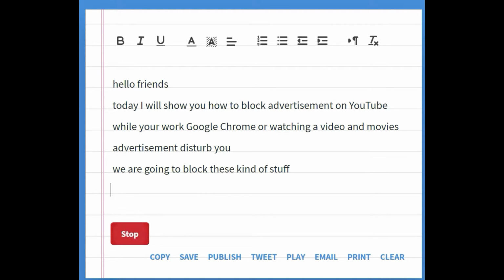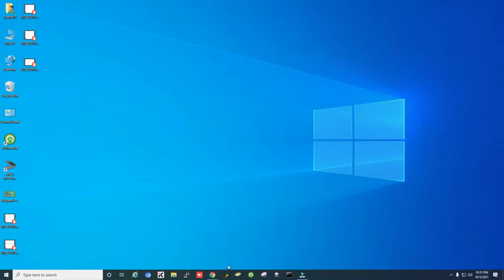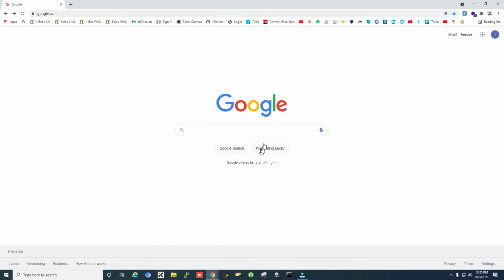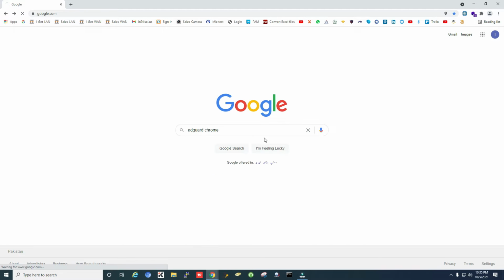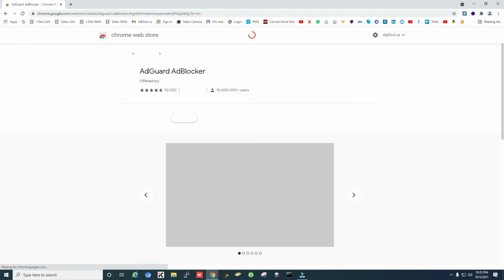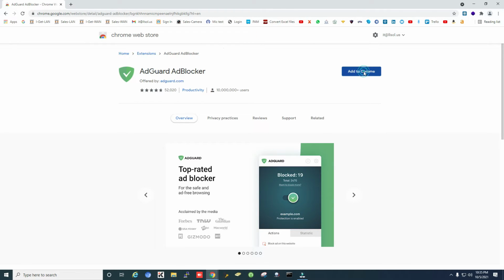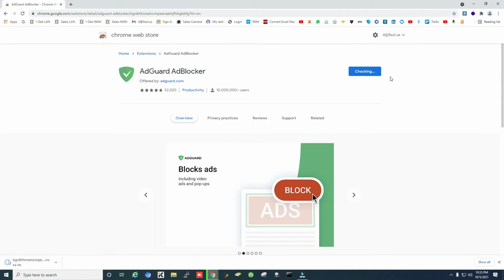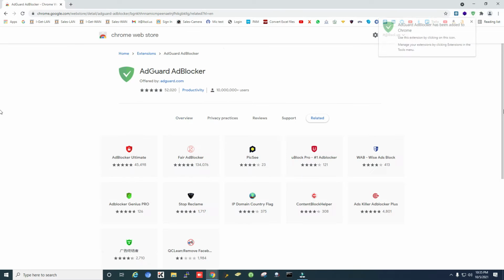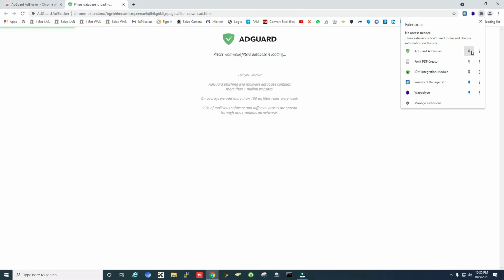Now we start. So here we go, right here on Google, add card Chrome. Okay, the first one we will open Chrome extension, add to Chrome, add extension. It will take little time to add in the Chrome extension. We will pin it